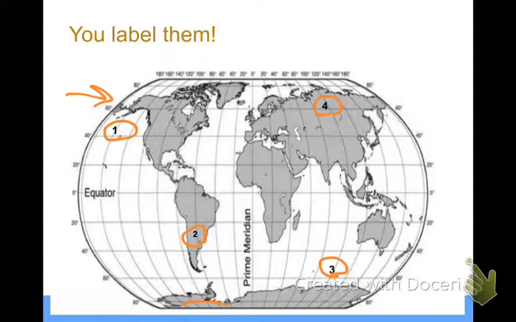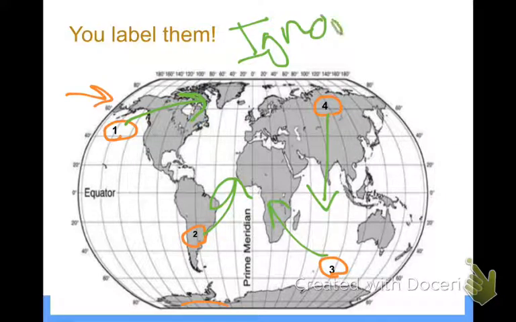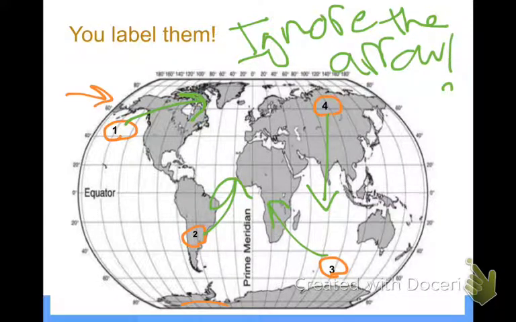So one thing I wanted to make sure I point out, because you will see this on tests, they like to draw air masses, and they will have the number 1 and then an arrow, and they'll have 2 and then an arrow, and they'll have 4, arrow, 3, arrow. When you see something like this on a test, ignore the arrow, okay? Ignore the arrow. And maybe you need to jot that down, but you ignore the arrow.